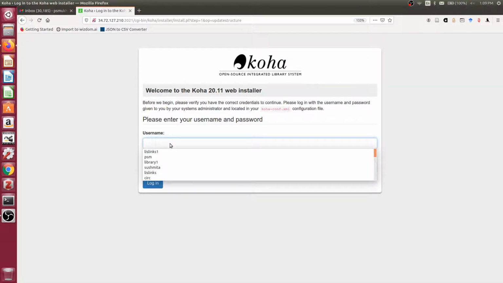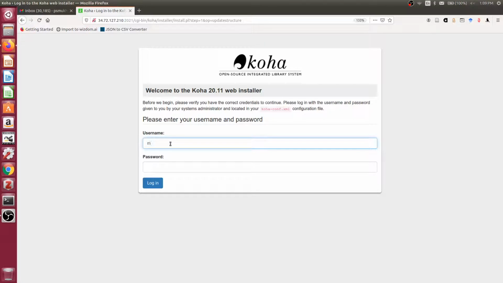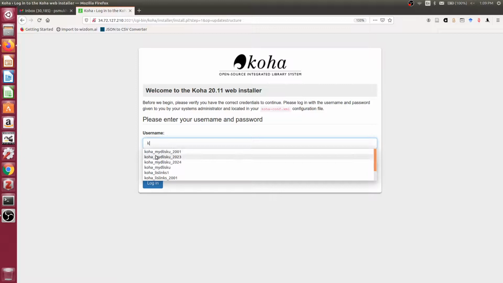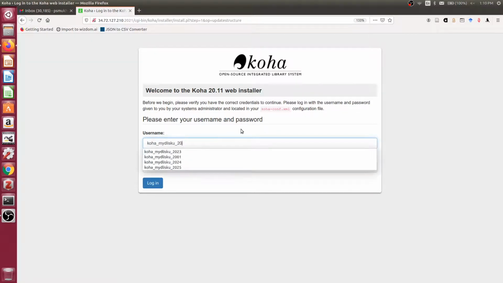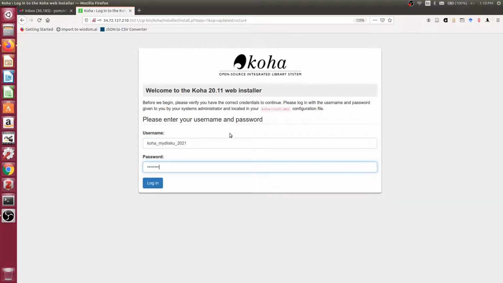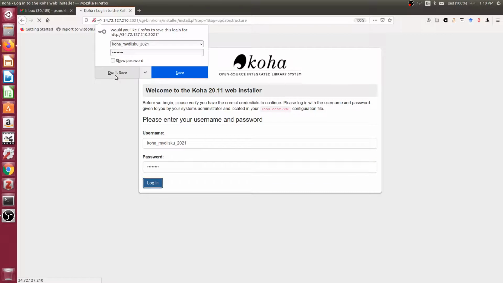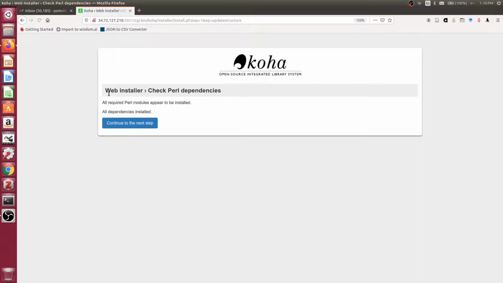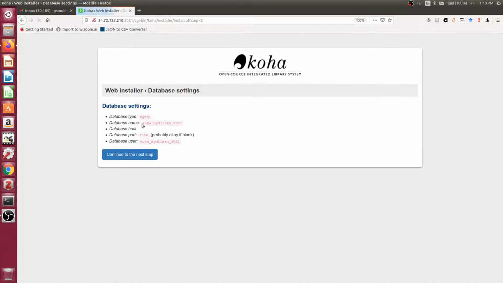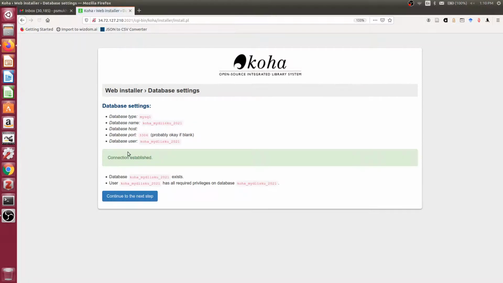Username will be koha_mydls2021. Password will be koha. So click login. So in that case, you see here also the same process will continue.